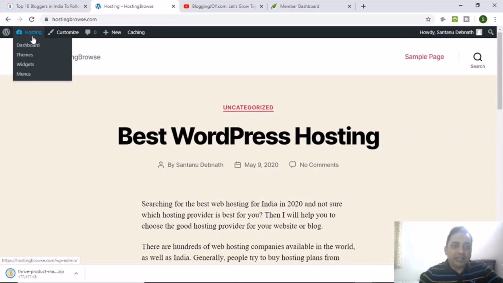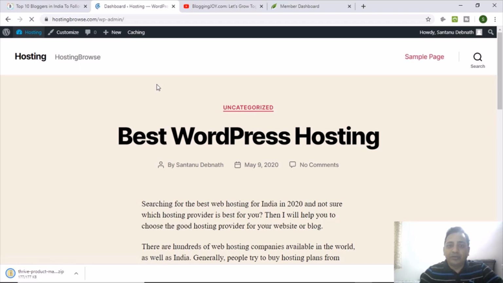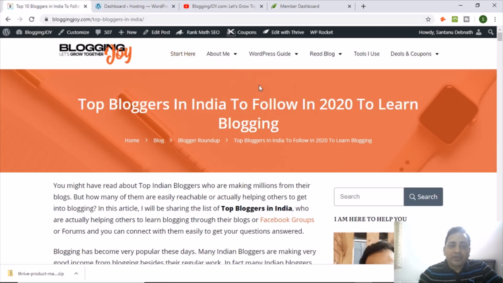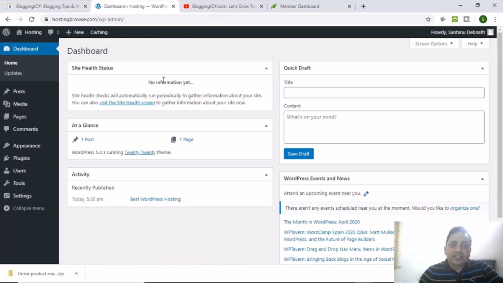So in that I will install the Thrive Theme Builder, and I will show you the complete tutorial, like how to activate Thrive Theme Builder and how to do just the entire basic design, how we will design the entire website. So everything I will be showing you with this another domain, another website, hostingbrowse.com. Definitely you can check my live blog blogninja.com, where I have applied a lot of things. I have created a lot of customization, but this is a total fresh one.